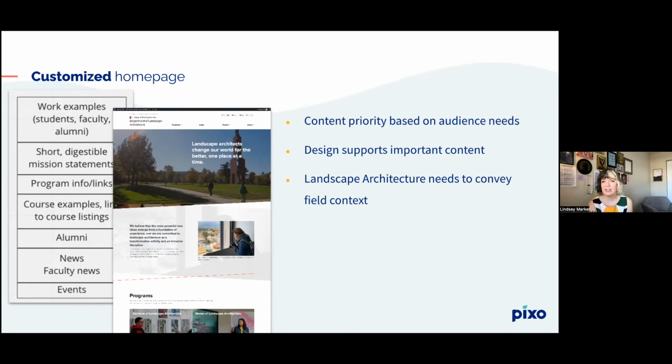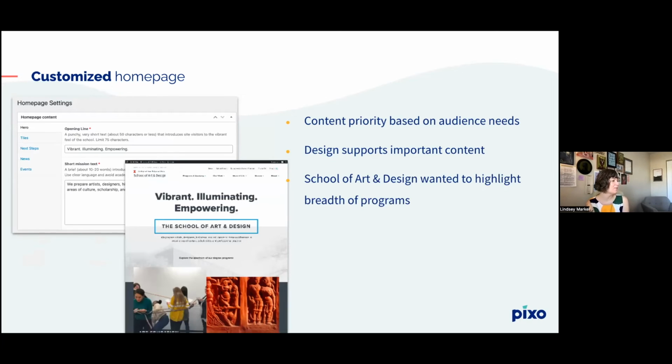Same problem. Landscape architecture and urban and regional planning had very similar content needs for those homepages. Like, what is this in the first place? And then a different content need was for the School of Art and Design. The School of Art and Design is much more maybe obvious to students. However, they have this breadth of programs within the school that may not be so obvious. And so they really wanted to highlight the breadth of programs within the school and make that really obvious from